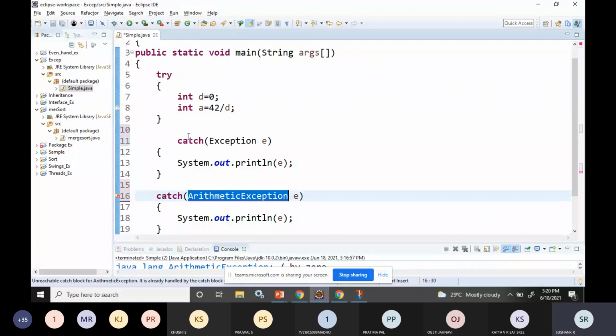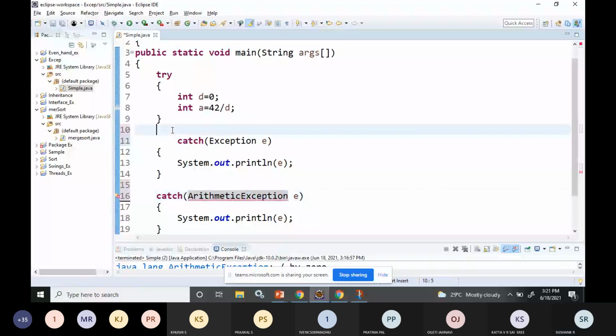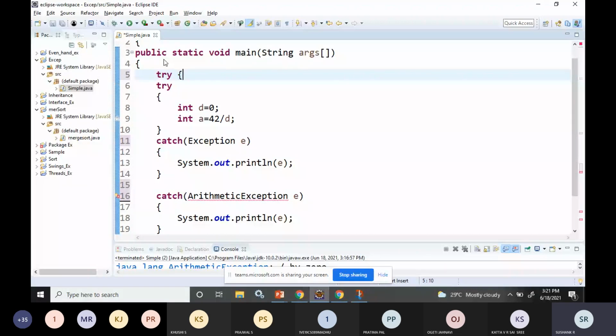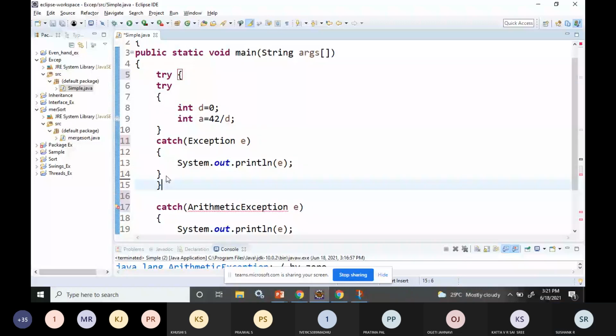So we have one try statement, this one at line 42. This is one try catch. What I will do is write a try statement so that the try statement contains one more try statement. And here I'll close that block. So that is handling the scenario.